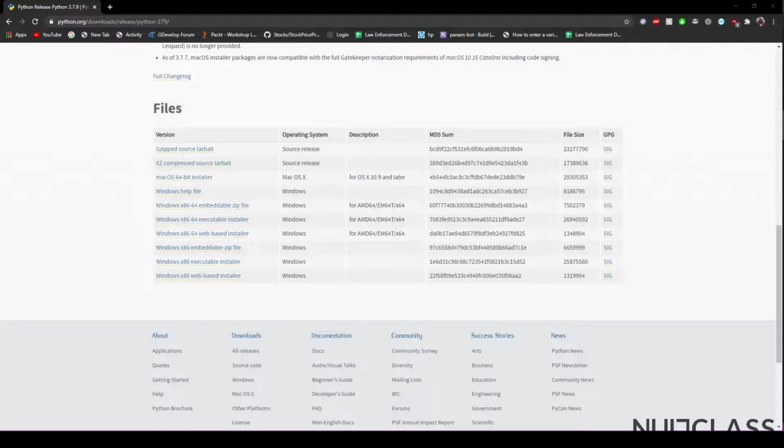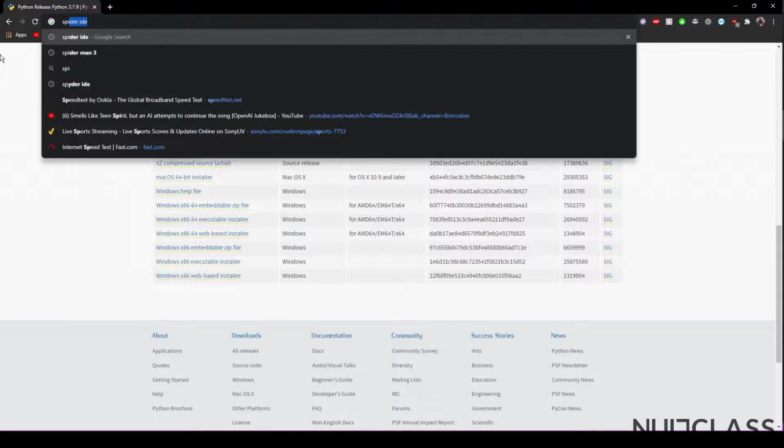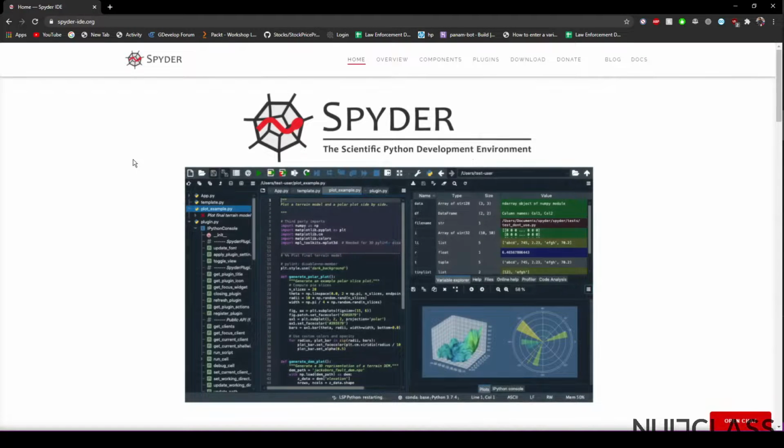And so now that we have installed Python and added it to a path, let's install an IDE for us to code on. So there are various IDEs that you can use for doing machine learning tasks on Python. For example, there is Spyder IDE, which can be downloaded from this button.